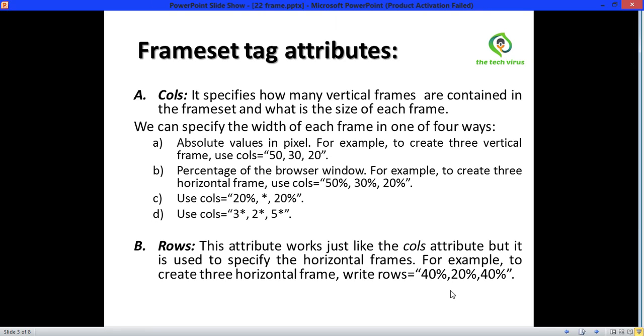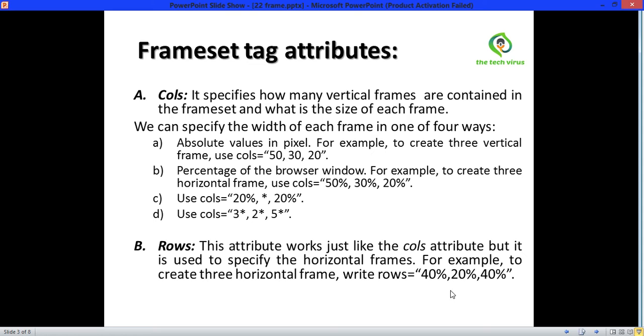We can specify the width of each frame in one of four ways. First, absolute value in pixels. For example, to create 3 vertical frames, use cols equals to 50, 30, 20. Second, percentage of the browser window. For example, use cols equals to 50%, 30% and 20%.